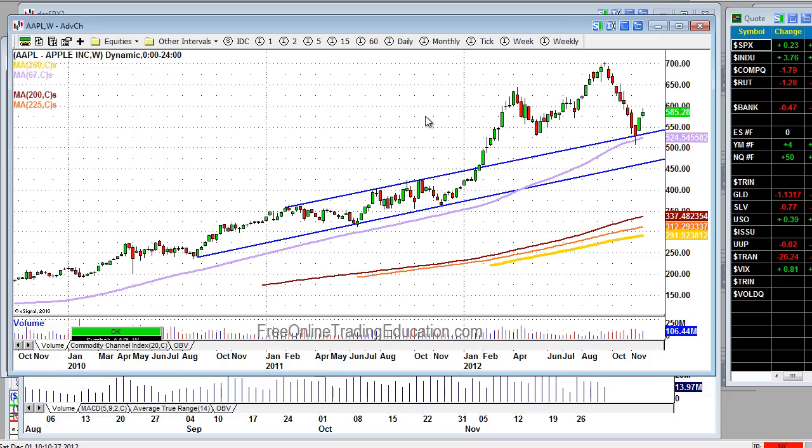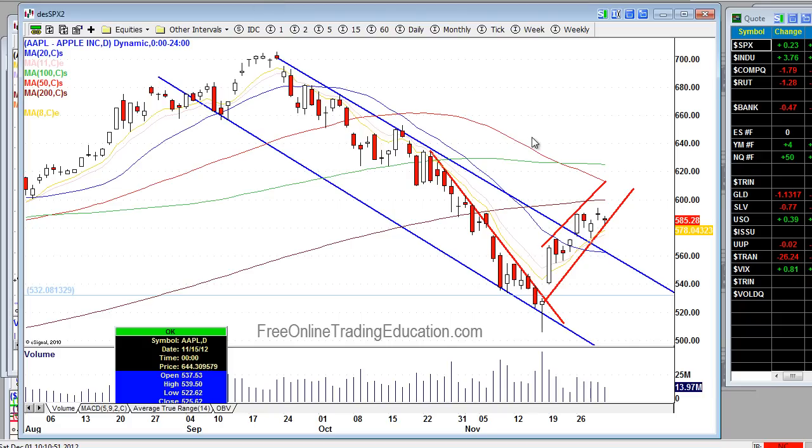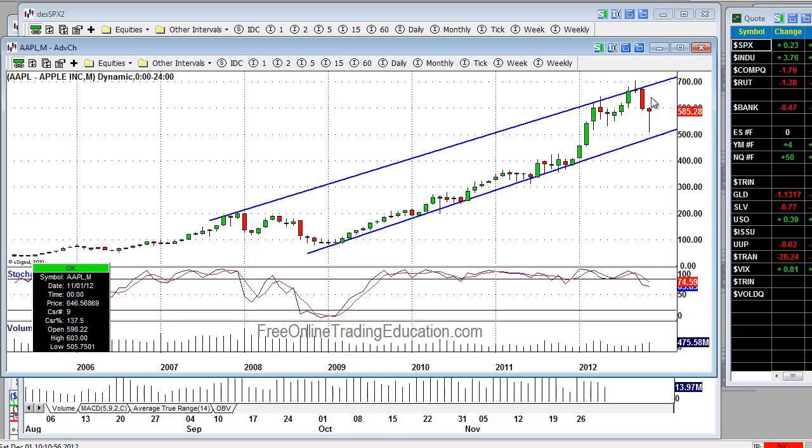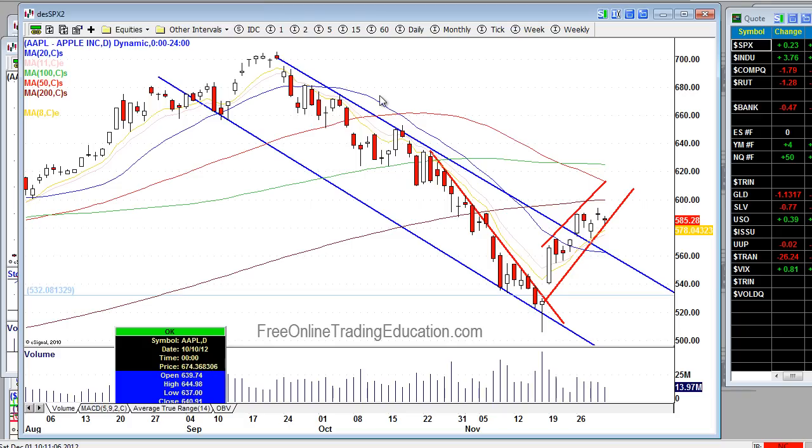The weekly had a nice bounce off of a major support area, and it's coming up. The question is, can it continue on this trajectory? But this is nothing more than a bear pullback right now, so that's problematic for Apple. And on the monthly, we started to drop. We went down, down, down, down, got near 500, buying opportunity, come right back up. So for the month, we're trying to fight back north,